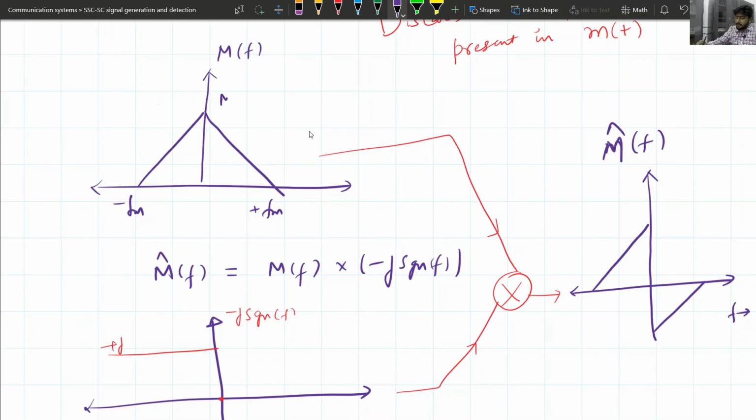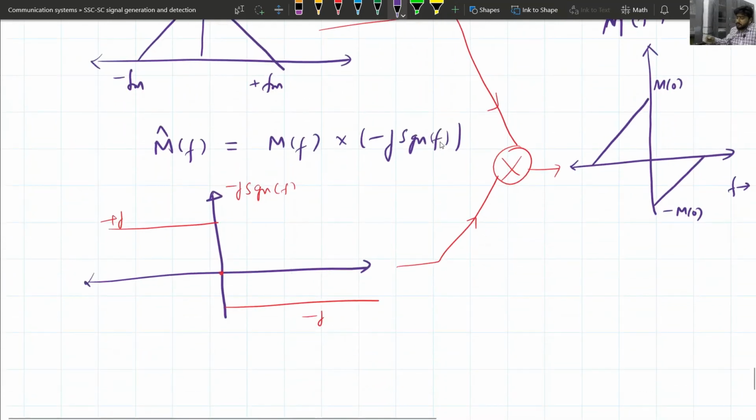Let's say this is M0, so this will be M0 and this will be minus M0, with a phase shift of plus j for f less than 0 and